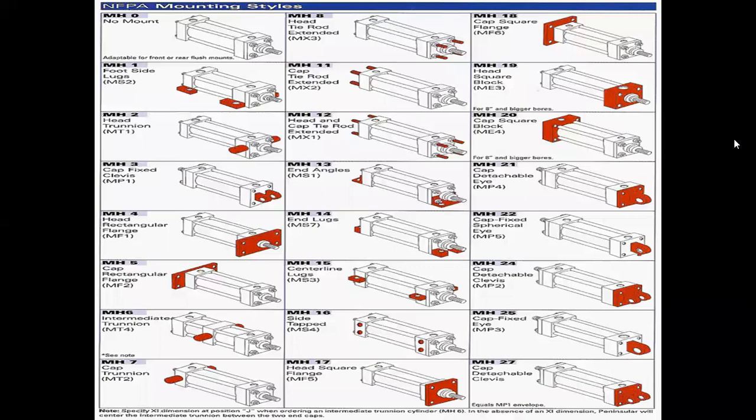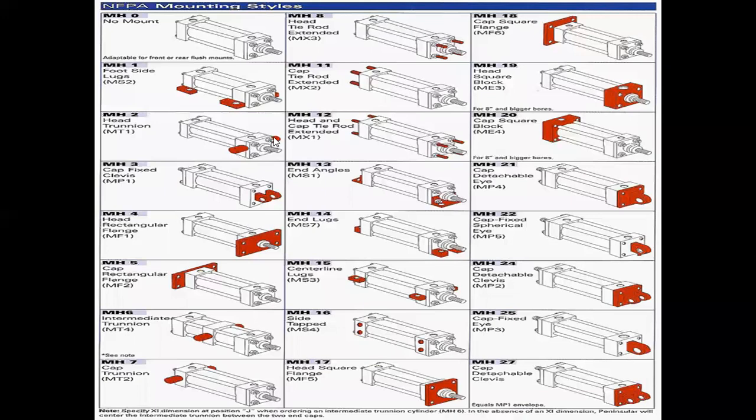In the picture we can see different mounting styles. First one, there is a cylinder without any mounting. Then here is tie rod extension mounting. The red color shows the mounting methods. Here the foot side mounting: the cylinder is placed on the foot, in a horizontal way.